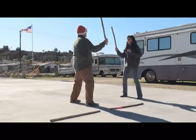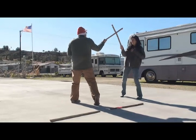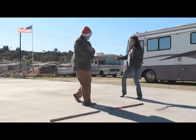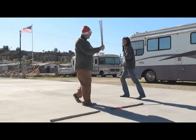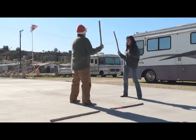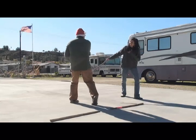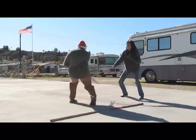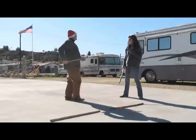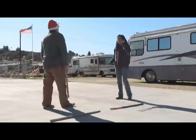So from here, let's go back over the angles. Now when we go into these angles, what I want you to do is kind of pivot into a soft bow. So we're going to go 1, 2, 3. See how I pivoted? Always your ready position right here. Whether you're facing forward. Okay. 3. Pivot. 4. Pivot. 5. Pivot. 7. 8. Alright? That's it. Those are the